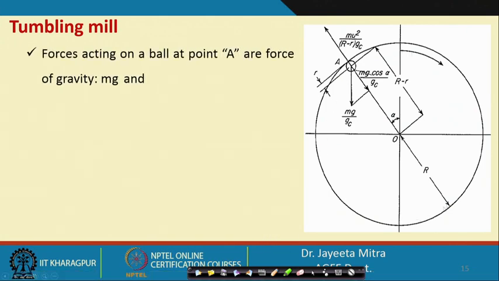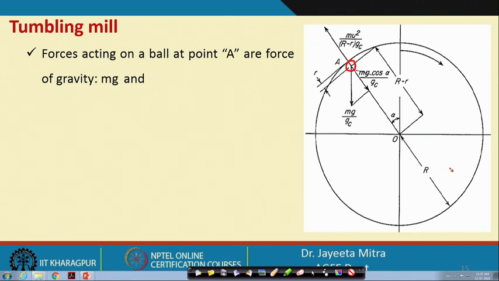Now, we will see how we have derived that critical speed formula. For that, see here we have a cylindrical section, with capital R denoting the radius of the cylindrical section, and there is a small ball at the top end. If you can see, this is the small ball whose radius is small r. Now, these balls are rotating.